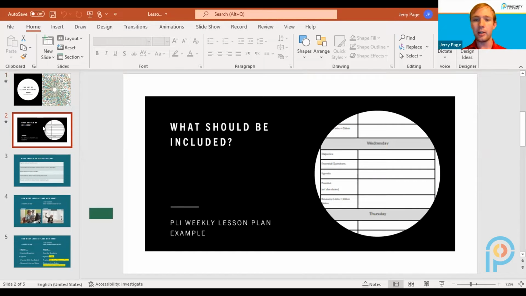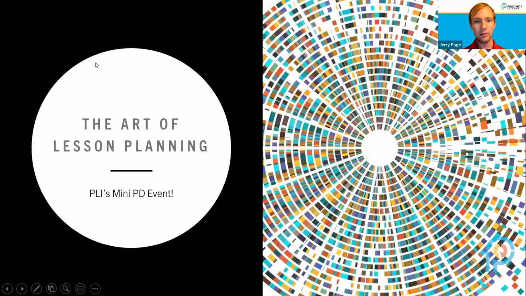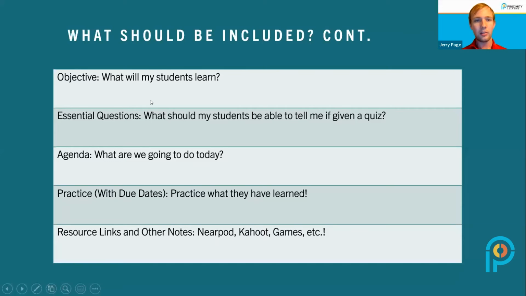So what should be included? I have an example right here with a PLI weekly lesson plan, what it looks like. It's broken down into days. If you take a look, you see here that Wednesday, it's zoomed in, you have your objectives, essential questions, agenda, your practice with your due dates, and then your resource notes. So zoomed in on that even more,